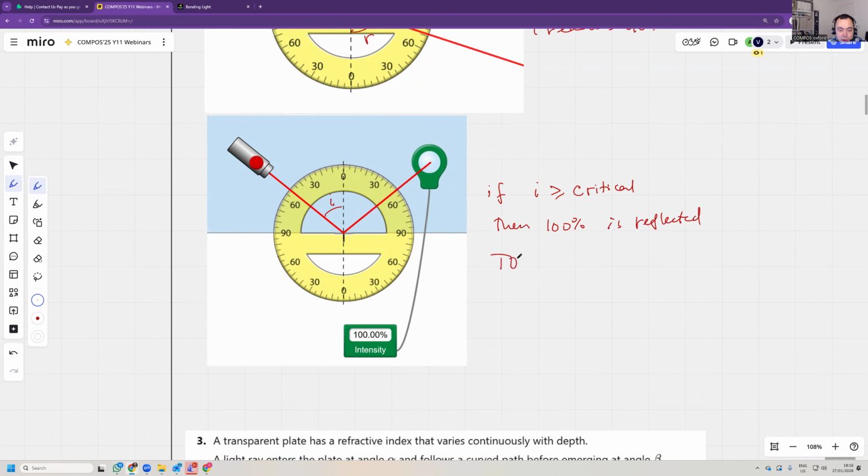And this is called total internal reflection. Internal just simply means it reflects back into the glass or water. And it turns out that